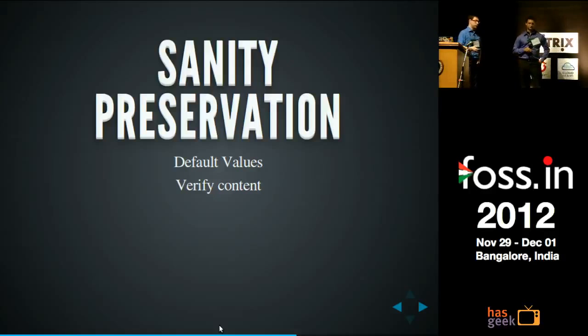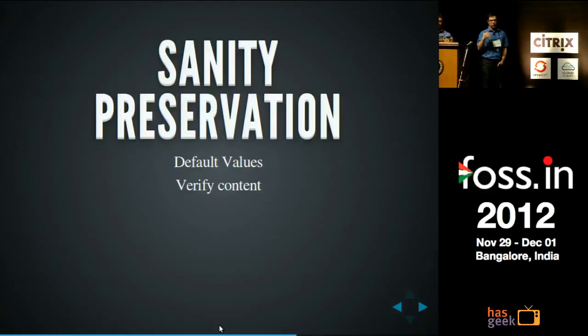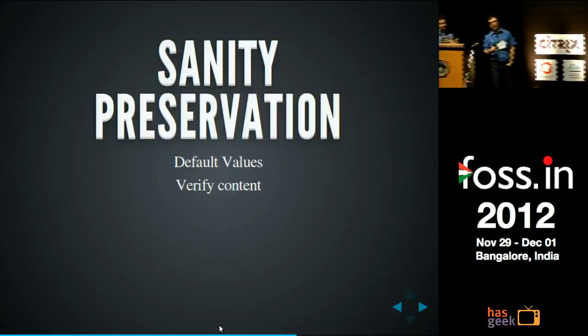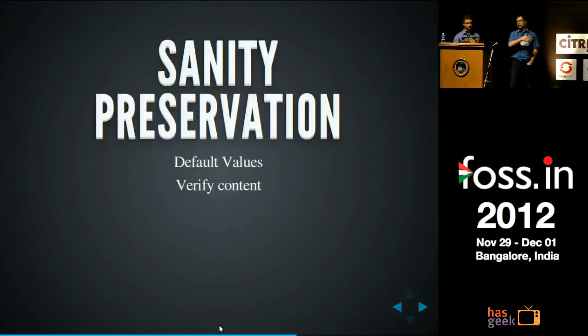Second one is one I alluded to just previously, which is verify content. Verify incoming content. Again, if you're one guy or girl and you've got a Puppet installation and you're writing your manifests and you can trust yourself to input the right types of information into the right places, that's great. But in any sufficiently large environment, which is to say, 2 people or more, I dare say, you can't necessarily trust humans to make the right decision all the time. We're humans, we make mistakes. So you should